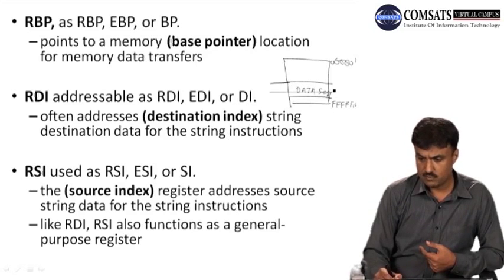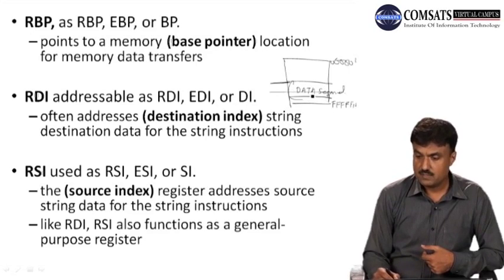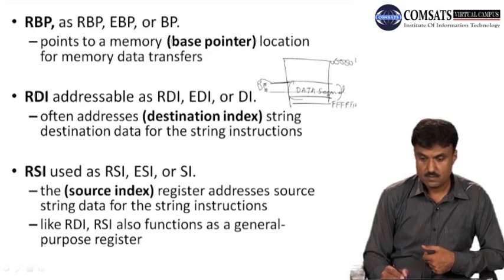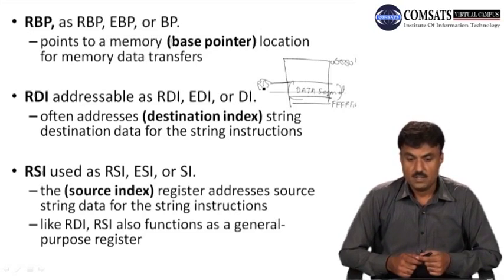We will discuss in more detail. So there is a data segment. Now this is the complete data segment. This is the starting point. So this base pointer is being used to